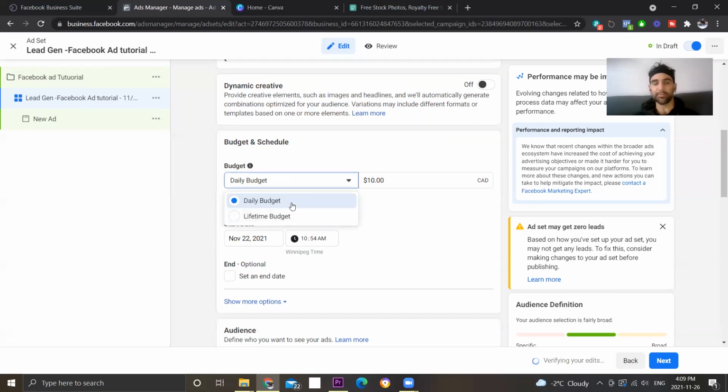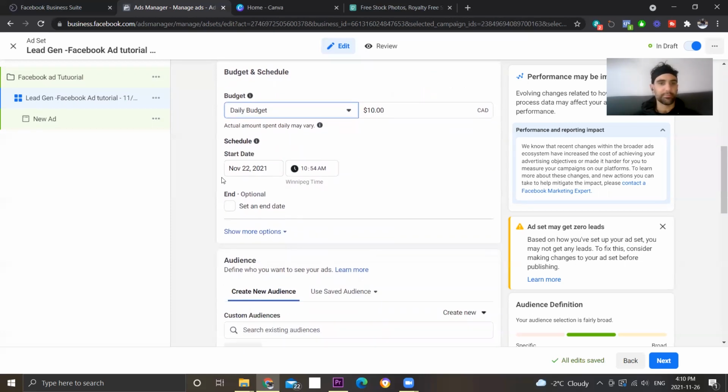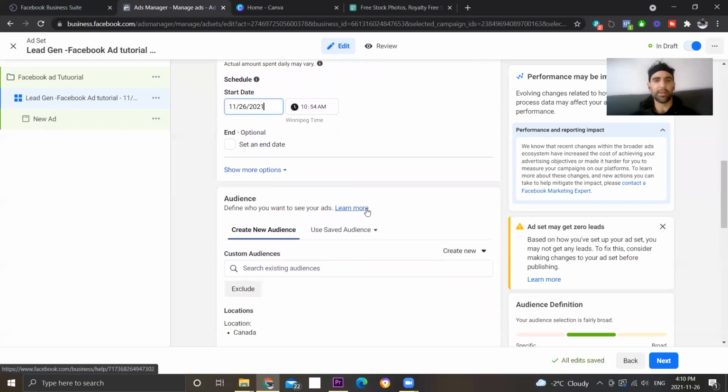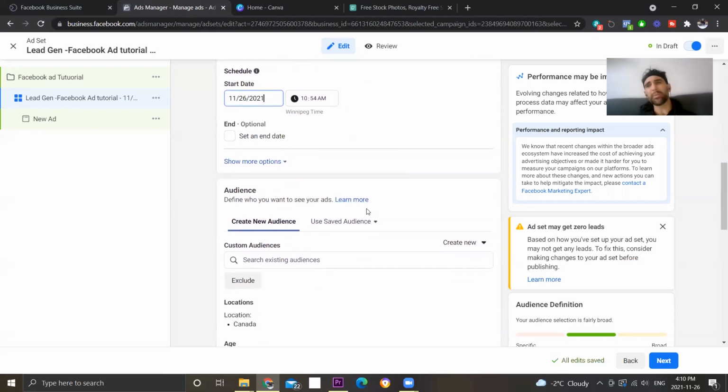There's also lifetime budget. Test them both, but daily budget gives you a lot more control. It's going to do a maximum of $10, and then it's going to cut them off, assuming you have insane engagement. Start date, sure. We'll do the 26th today. Set an end date. We'll just leave it open. I would recommend not putting an end date, because a lot of people put like a week, and a week can't know in a week. Like if you're going to run ads, you got to do it longer than a week, right? This isn't